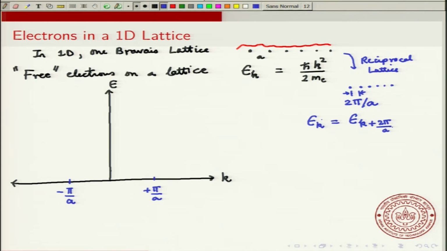And basically it is 2 pi by a times any integer. So it can be plus 2 pi by a, minus 2 pi by a, plus 2 into 2 pi by a, minus 2 into 2 pi by a, and so on. So what we are saying, let me extend this graph a little bit on this side,